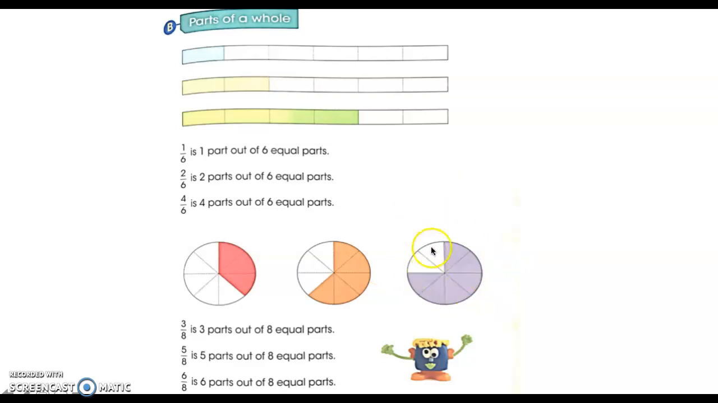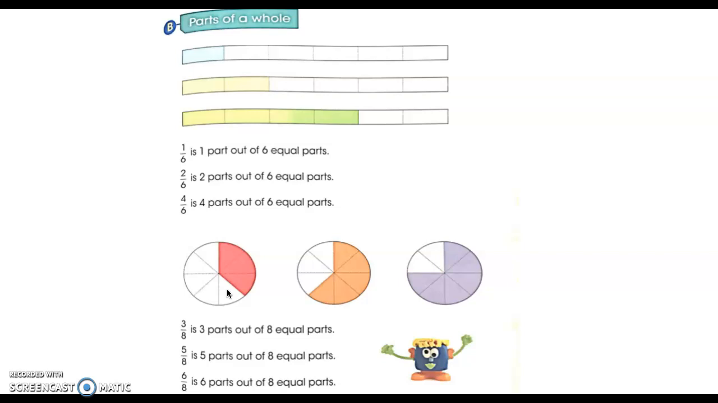Now this one, how many parts are colored? 1, 2, 3, 4, 5, 6. So 6 parts colored out of how many? 8. So 6/8 means 6 parts taken from 8 equal parts. The 8 equal parts is the whole circle. So 6 part is taken from the whole, 5 part is taken from the whole, 3 part is taken from the whole. So that means parts of whole. So sometimes we take 1 part, sometimes we take 2 parts, there are 4 parts. So we have learned parts of the whole